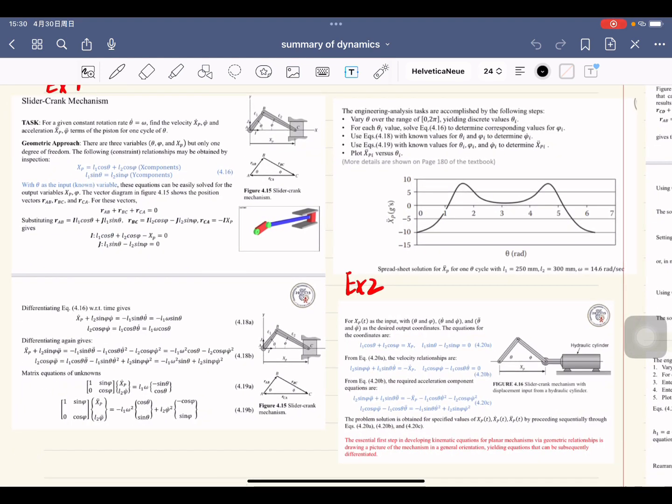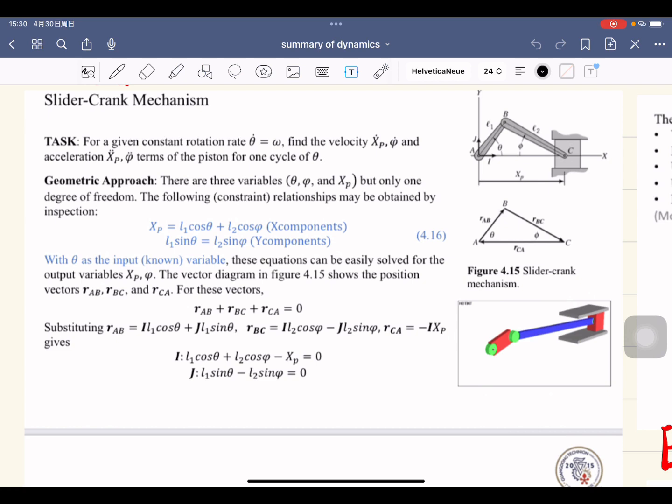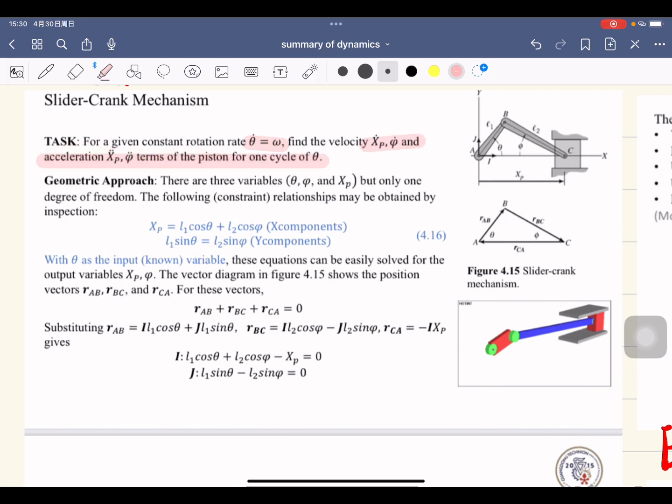First, you just find the relationships for their x and y components. Like in this question, the input for us would be theta dot equal omega. The output for us would be s_p, phi, s_p dot and phi dot, in terms of the position of the piston for one cycle of theta, right? And for the geometric approach,